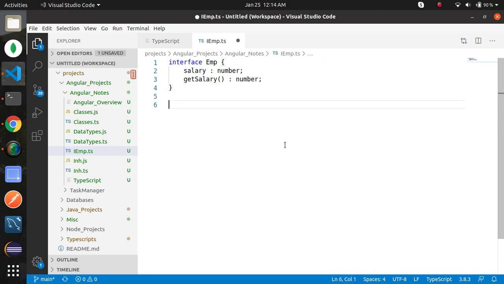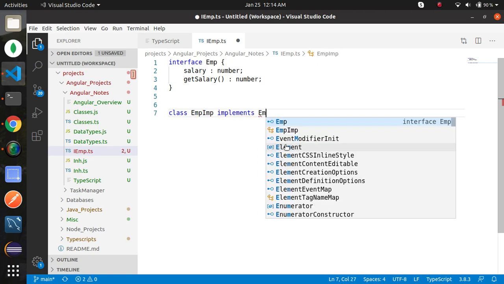Now this interface needs to be implemented. I am going to implement this interface in a class. I am taking emp imp, then use implements emp.